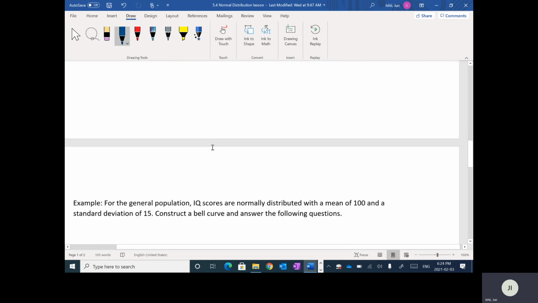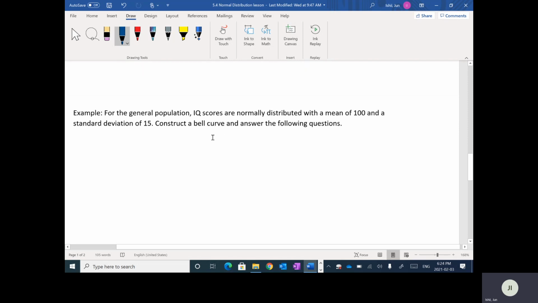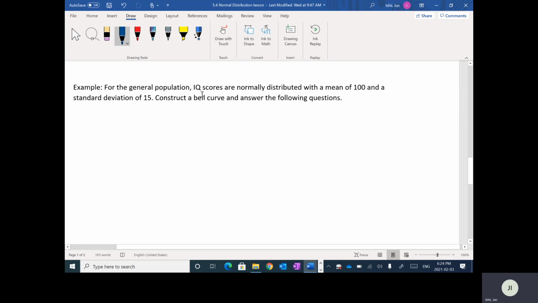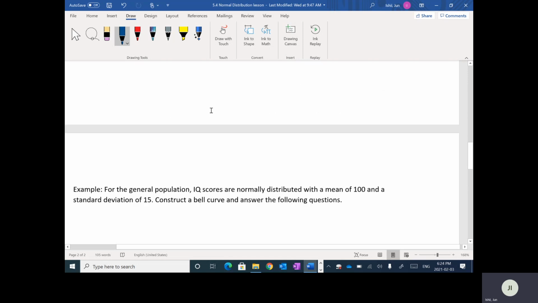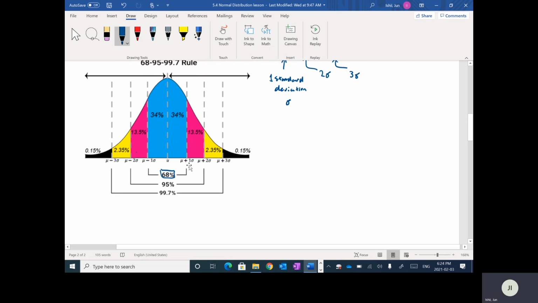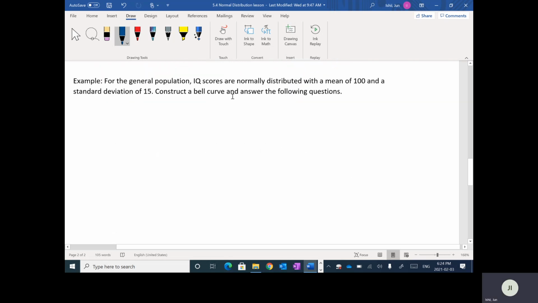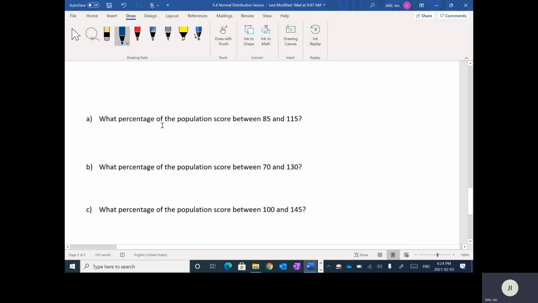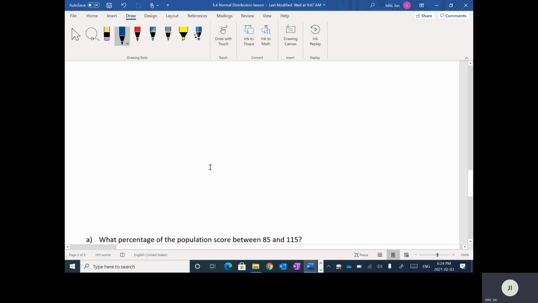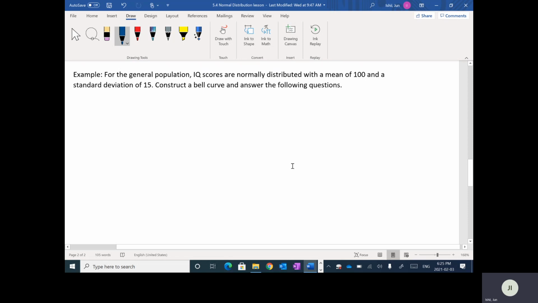So what I'm going to do here is use IQ as an example. For the general population, IQ scores are normally distributed with a mean of 100 and a standard deviation of 15. And what we're going to do is construct a bell curve. So we're going to construct one of these graphs with the probabilities, and we're going to answer the following questions. Down here, it just asks for a bunch of percentages. The key thing to this is to actually construct the bell curve. So I'm just going to draw a rough, big